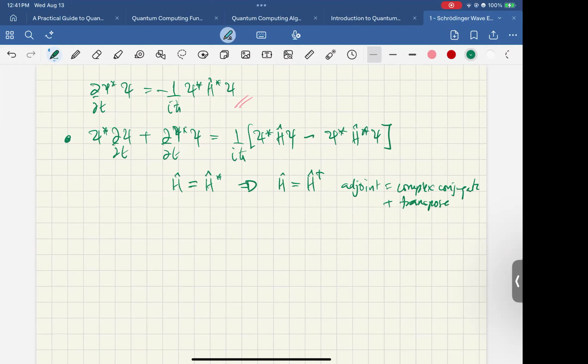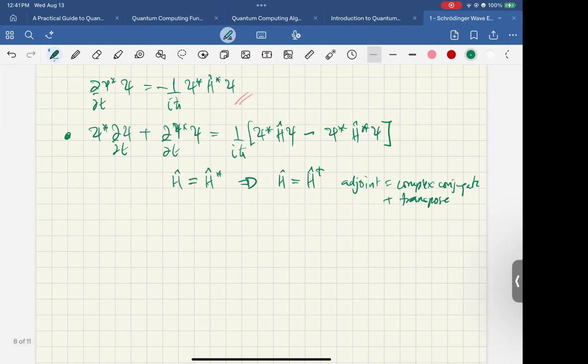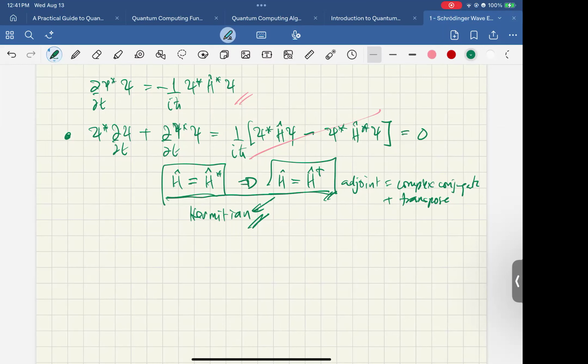But since we're not considering the Hamiltonian as a matrix now, we're just taking a look at its complex conjugate. The Hamiltonian has this property because the Hamiltonian is Hermitian. If an observable has this property, then we call that observable Hermitian. And since the Hamiltonian is Hermitian, this will cancel out and equal 0, which